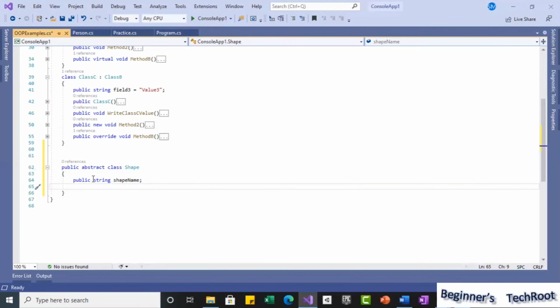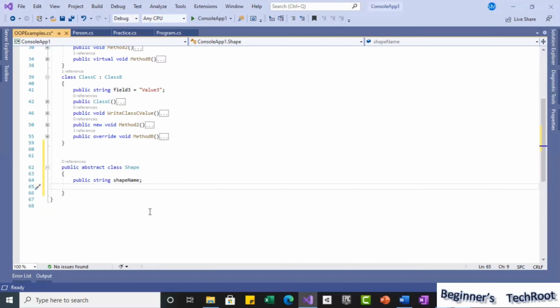We need to just define them, that's all. Implementation can be done only in the derived classes. We are going to use this as a base class, because the whole class itself is abstract. If we didn't put the class as abstract, then we could implement here also.